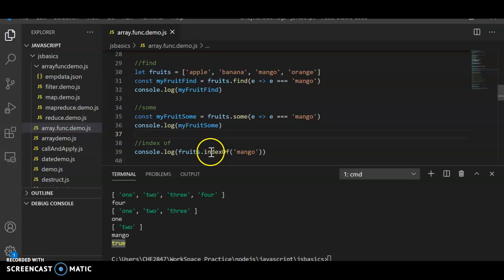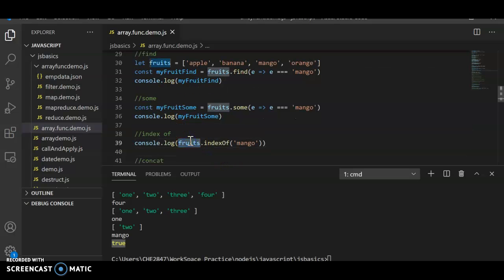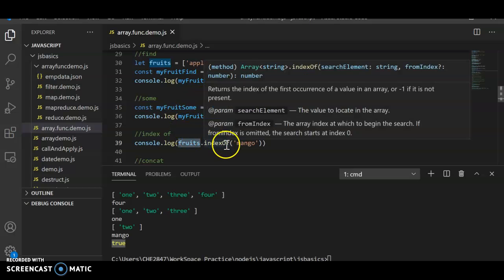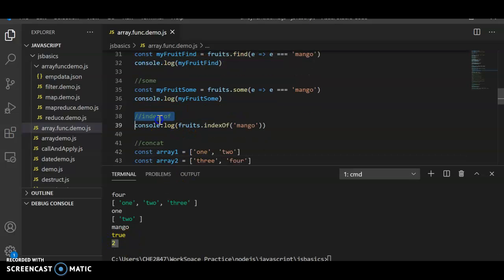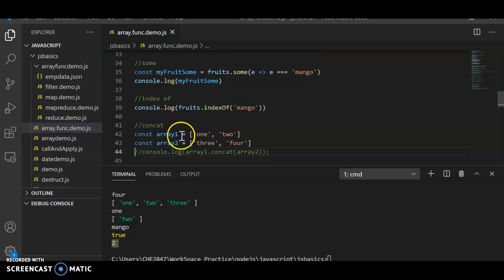So basically indexOf returns the position of the element in the given array. We can take the same example, fruits, and do the indexOf on this, and let's see. Mango is at position 0, 1, 2. So let's print. It's returning 2, and this will be useful when you're extracting some strings or values out of a string, or replacing some values in the real world. So concat, sometimes you want to concatenate two values.